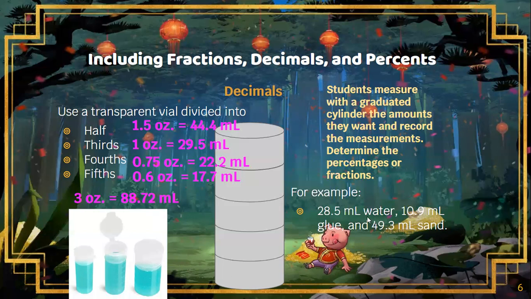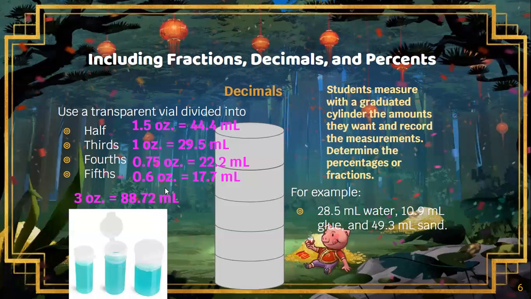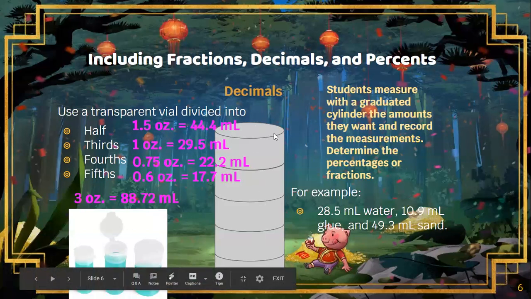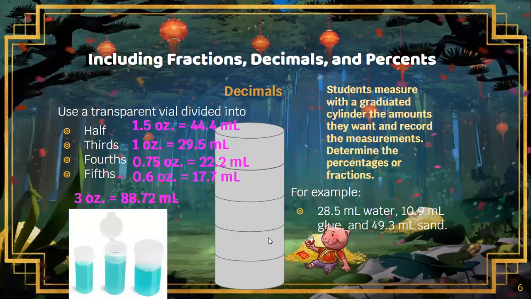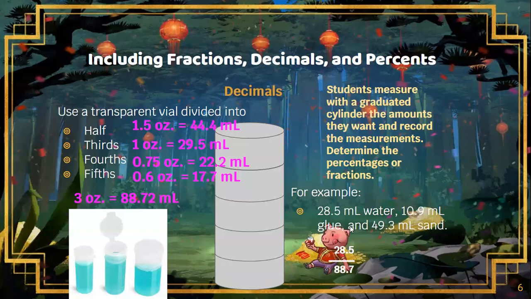And so, for example, they may decide by making their rock that they ended up pouring 28.5 milliliters of water in. We got 10.9 milliliters of glue and 49.3 milliliters of sand. And so you put the limit, you can't go over 88.72 milliliters because that's how much that they can fit in these vials, because they're 3-ounce vials and 3-ounce paper cups that you might be using. And so by setting that standard, now they have an opportunity to do some math application here, some practice of